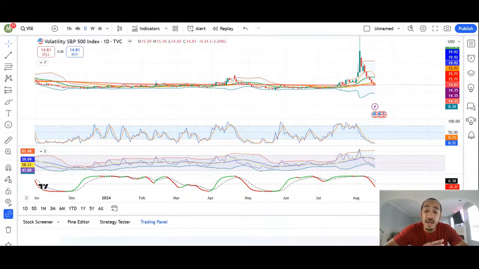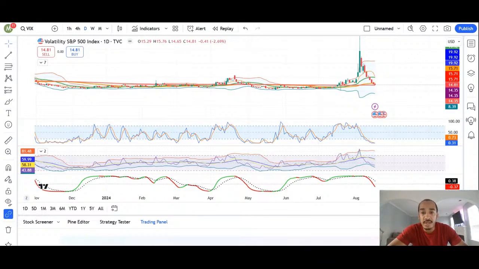I made some money. I hope y'all made some money, but a little bit of education. When the VIX spikes that strongly, matter of fact, let me scroll back so I could give y'all a little bit of additional education. When the VIX spikes that hard, the VIX comes down strong shortly after. So the VIX, the volatility index, is a reversal type deal. If the VIX is up, the stock market is going down, and if the VIX is down, then the stock market is going up.